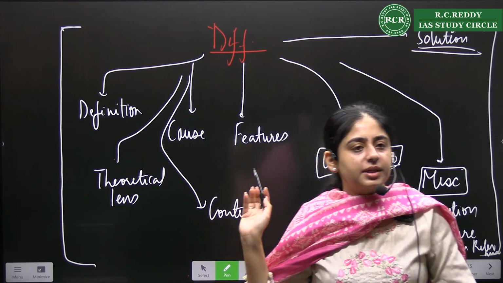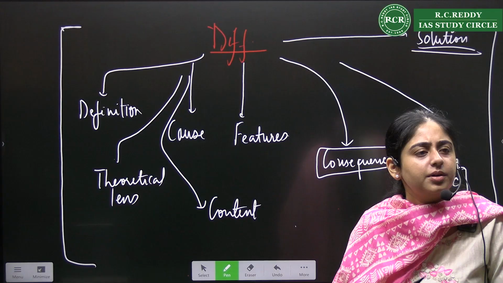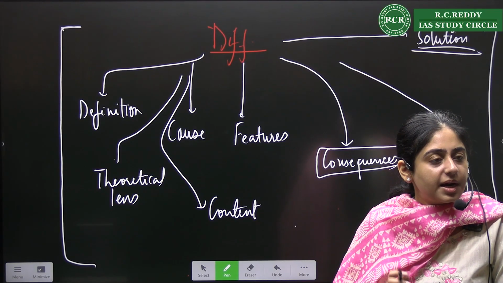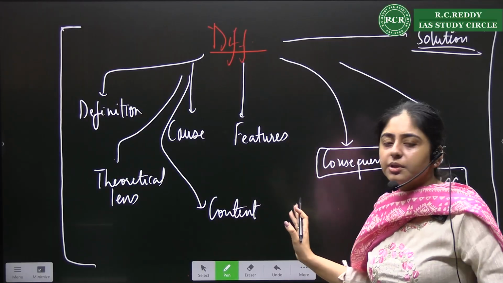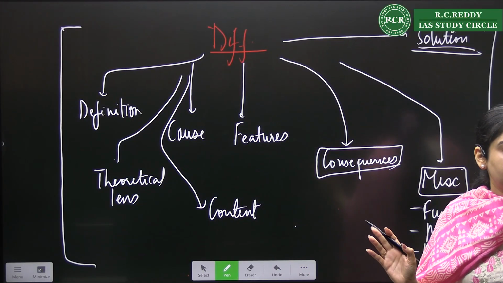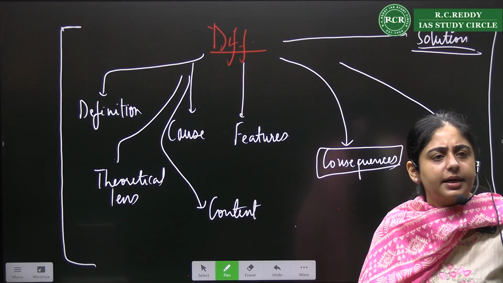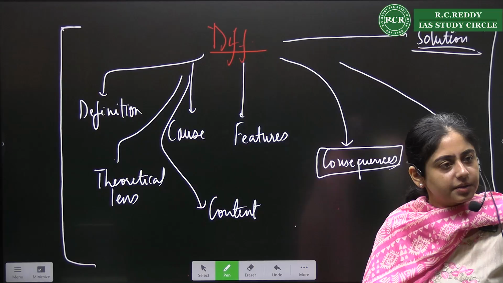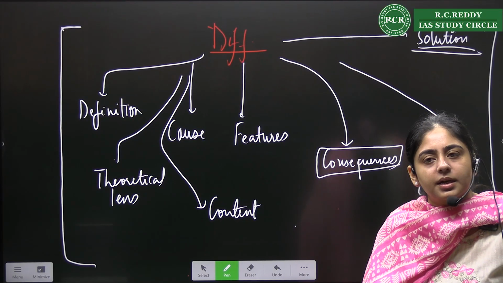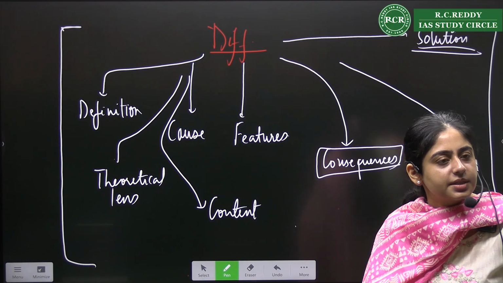And apart from these parameters, there can be more differences. There can be, depending upon your question to question. But at least if there is some question, these points will be there for sure, right? Barring one or two, depending upon topic, but you can add at any time if you feel this point of difference can also be there, right? Yes, are we clear how to attempt questions which are talking about differences?